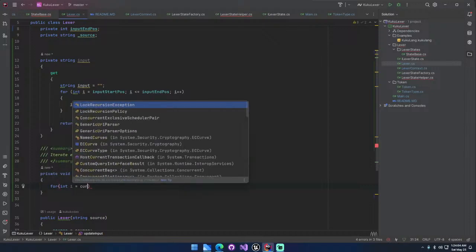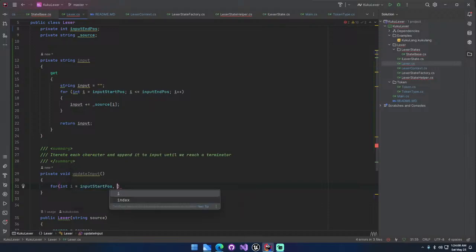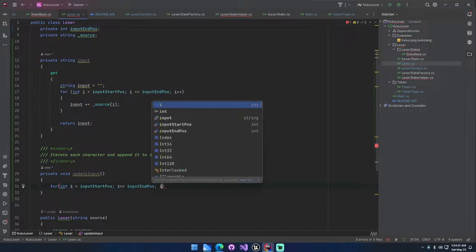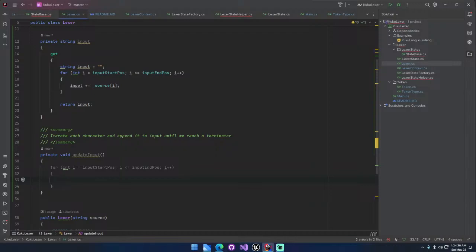Let's do current position is less than or equal to next position, plus. Okay, so we're gonna iterate every single time, and every single iteration we're probably gonna do if